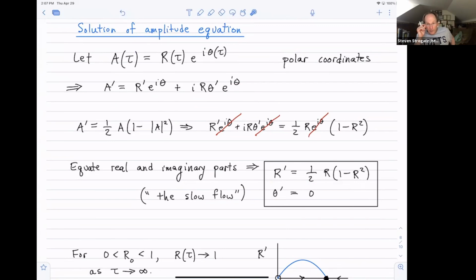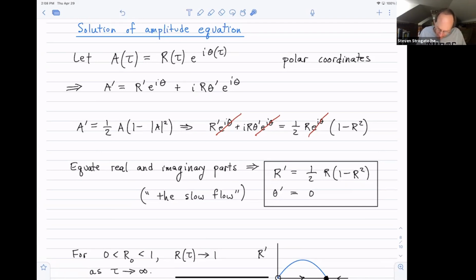At this order of perturbation theory, the theta is not going to change on this time scale, meaning the phase of the oscillations. It's just going to oscillate at the same e to the it, but it doesn't have any phase drift. In other words, its frequency isn't changing from 1. Remember, in the Duffing oscillator, the frequency was changing at order epsilon. Here, it's not going to. The van der Pol oscillator doesn't have a changed frequency at this order of perturbation theory. It does at the next order at epsilon squared, but we're not going to discuss that today. Anyway, so I have these equations for r prime and theta prime with respect to the slow variable.